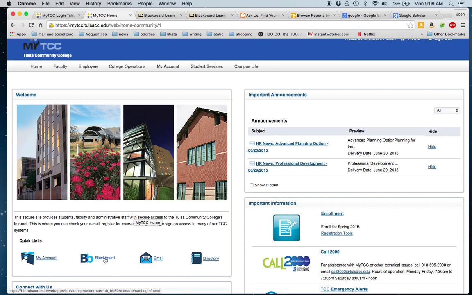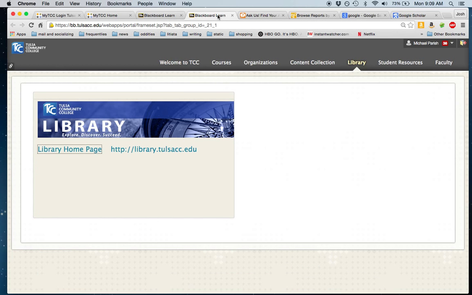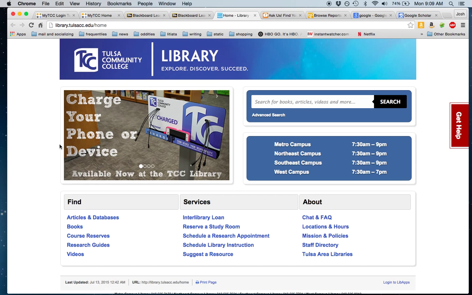So once you do sign in, you will come to the My TCC homepage. Click on Blackboard. It'll open up your Blackboard page. Hopefully you don't have as many classes as I do. And click on the Library tab up in the top bar here. It'll take you to a link that will take you to the library's homepage, and that's what it